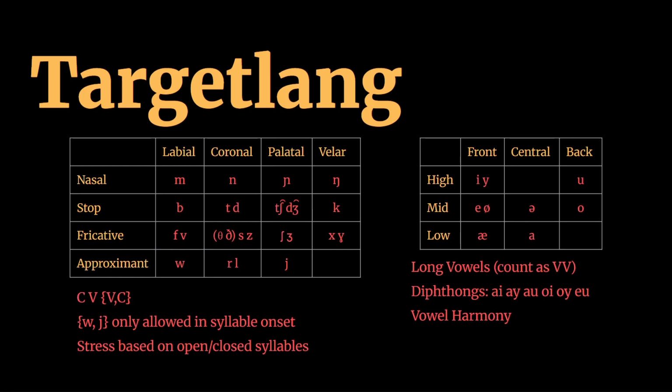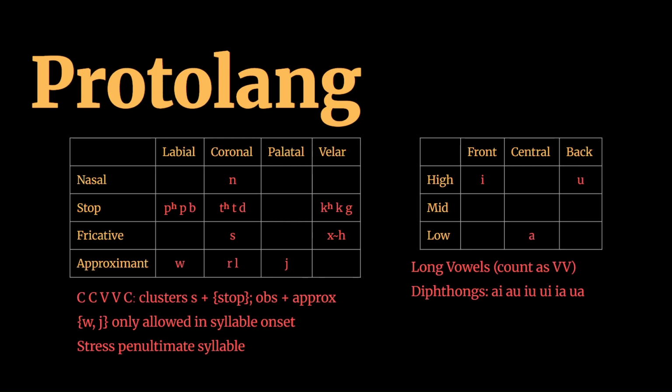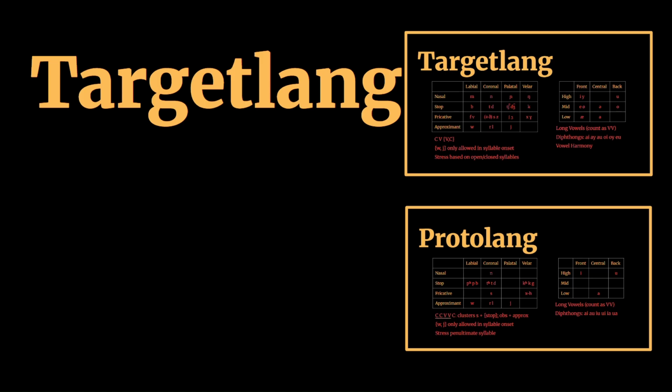Reminder, this is our target phonology. Notice, especially relevant for this video, that our target phonology is going to have a palatal series, or at least a palatal adjacent series. And this is our proto-lang phonology. It's a fairly basic and bare-bones phonology, but that allows us plenty of opportunity to grow and apply sound changes too. So, we know that we're going to need a palatal series. Palatalization is the built-in way of doing it. Perhaps we have velars go to palatal before a front vowel, so timu becomes chimu.